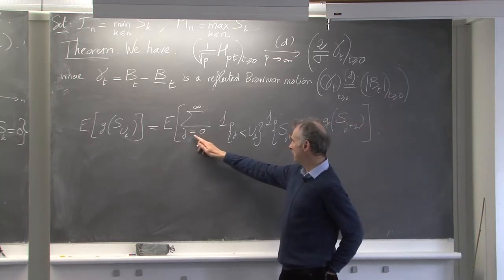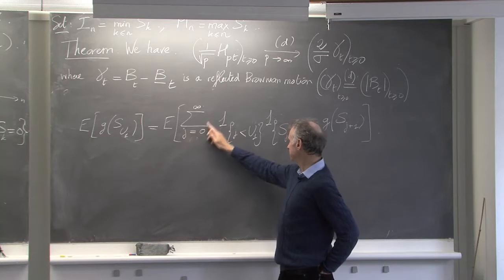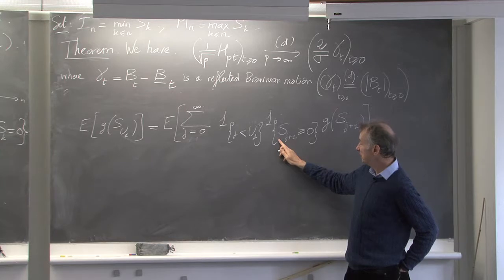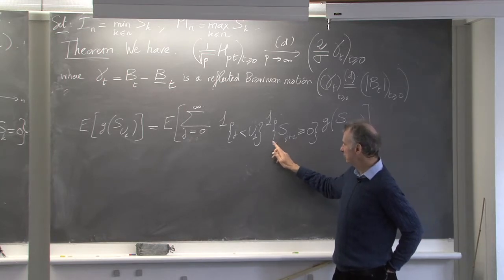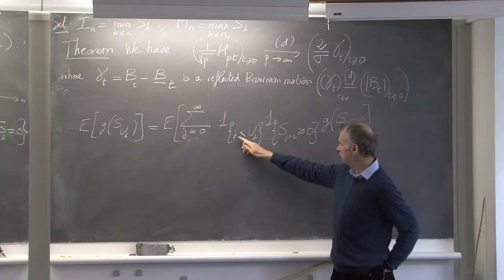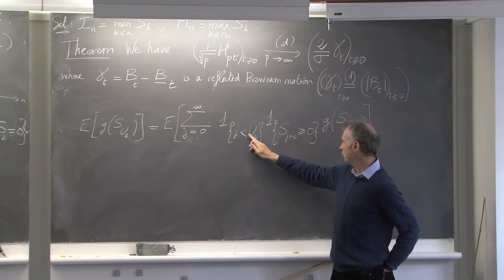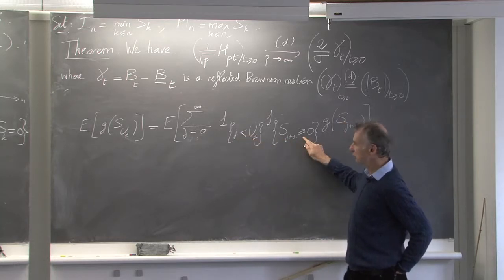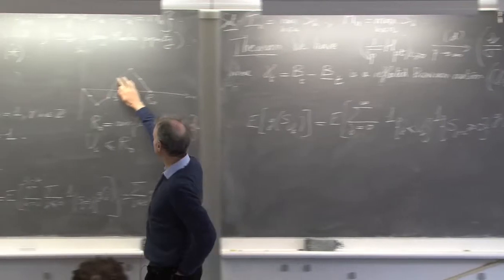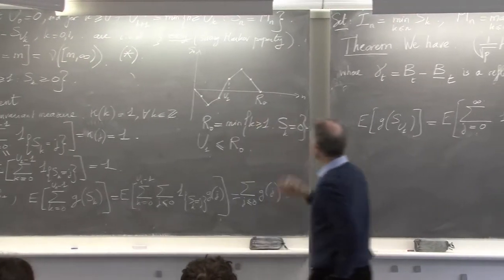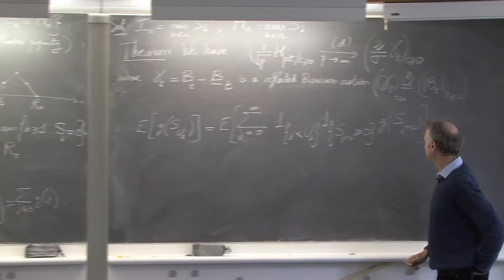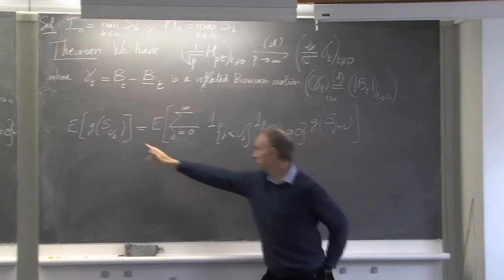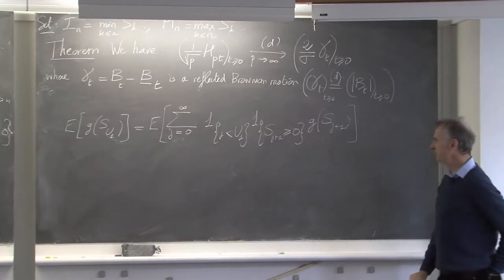just one value of j in this sum for which the product of these indicator functions is equal to 1, and the unique possible value is j equals u1 minus 1. If you have j equals u1 minus 1, this holds. This holds also because this is the definition of u1. At time u1, you are here. You are positive. And then this will give you g of s_{u1} as you want.